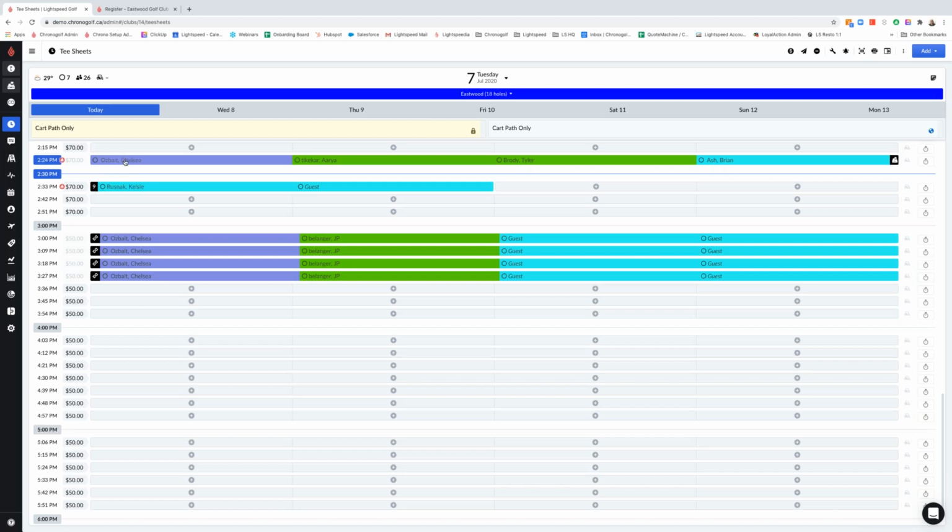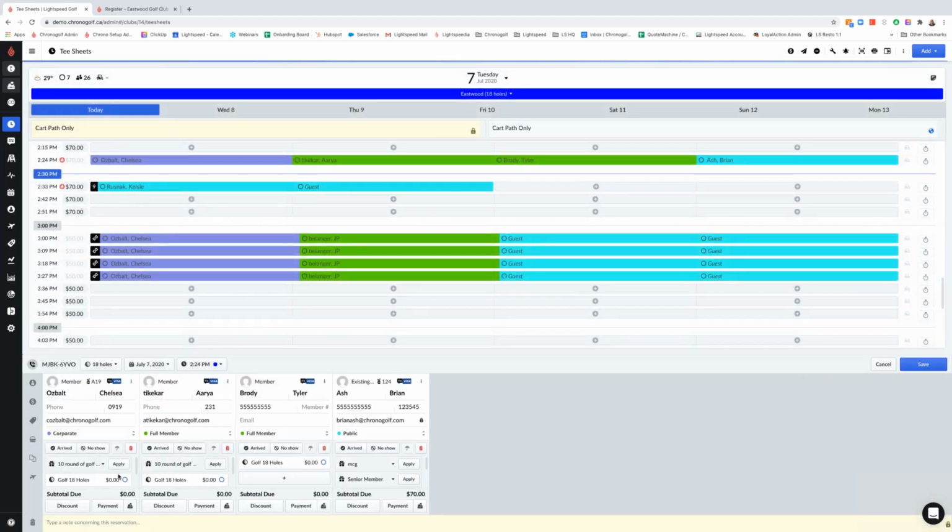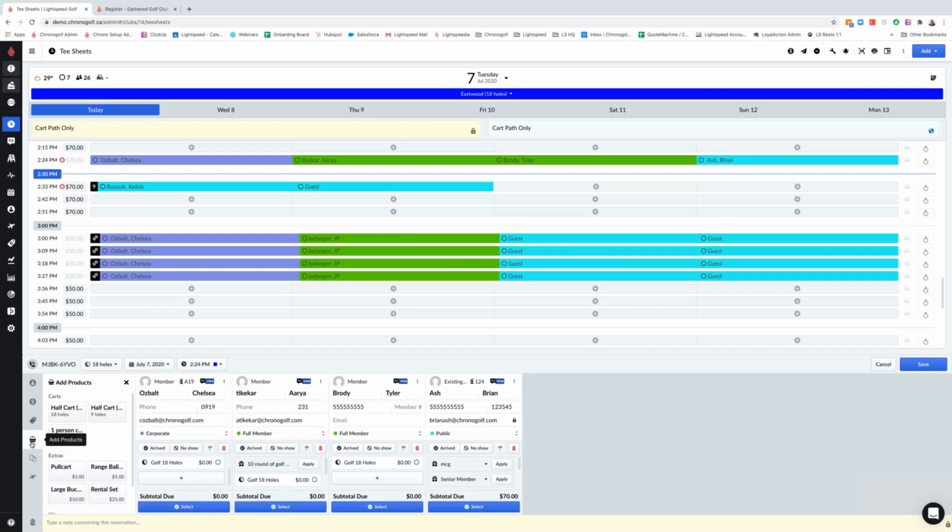And lastly, I'll go to our 4. If I scroll down, this plus button or add products, it does the same thing. So you can either click on your plus down here to add a cart or any booking extras that you've created, or you can also just go to your add product section where you can just pick and choose what you want to add. So for this one, I'm going to add a half cart,